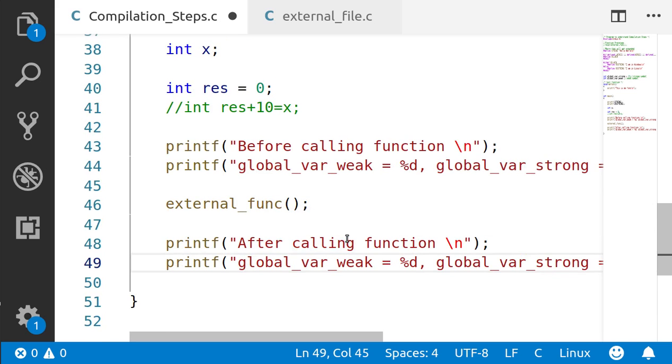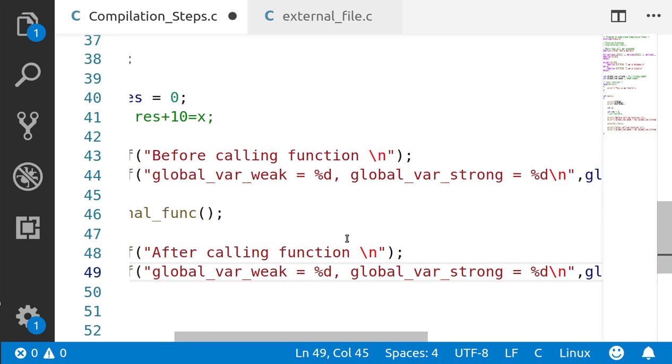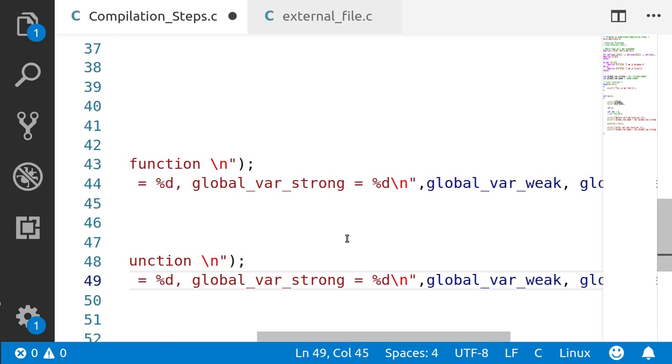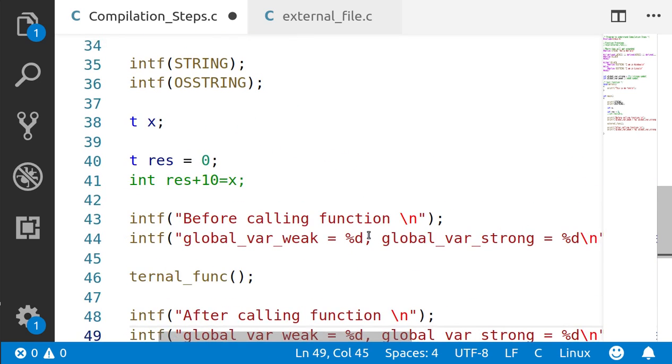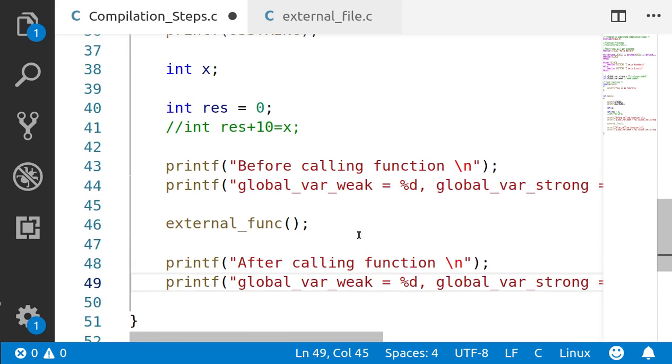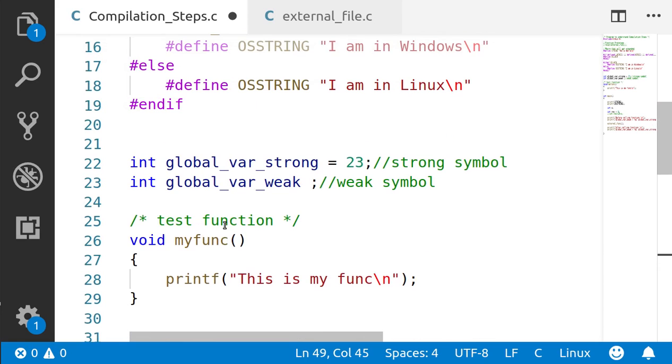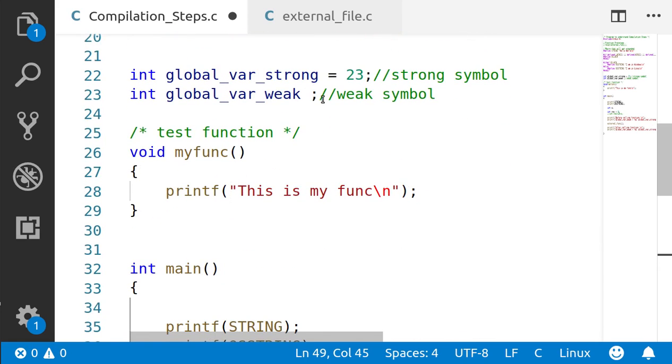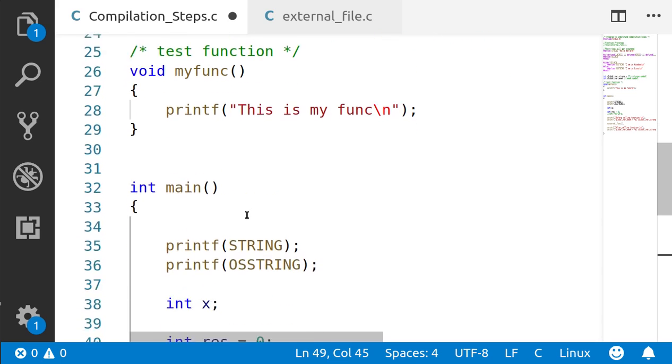Now what I have done is I have written two files. In the first file I have defined some global variables. These two global variables I have defined: one I have initialized and one I have not initialized, and I have also written one function.